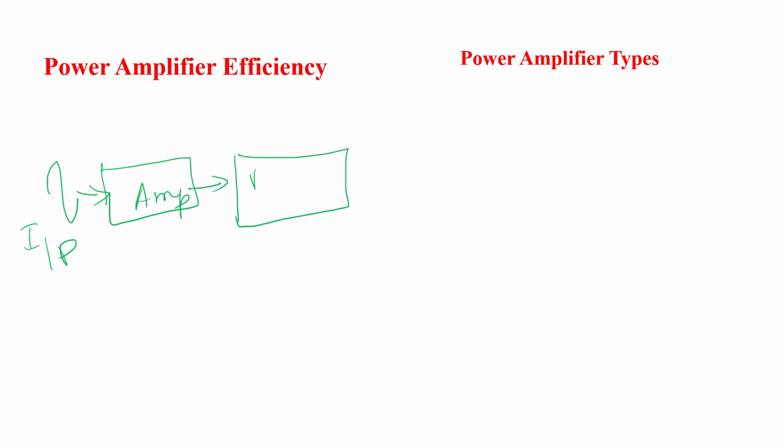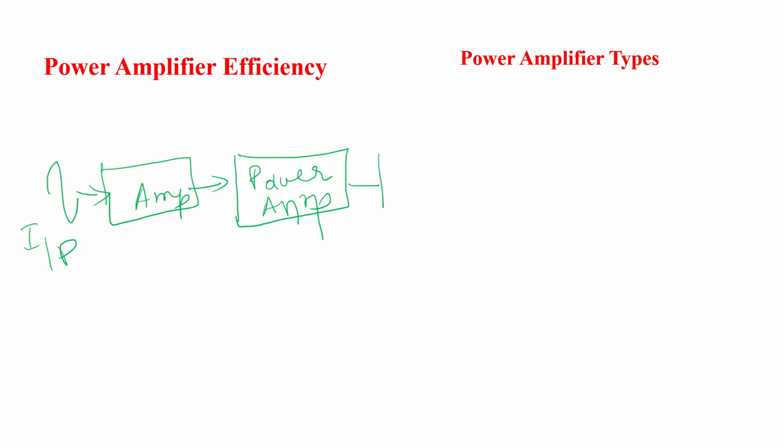We'll discuss power amplifier efficiency. As we have discussed, when an input signal is fed to an amplifier block, this is the input signal. It is fed to an amplifier block. If it is a small signal, it can later be sent to a power amplifier block,